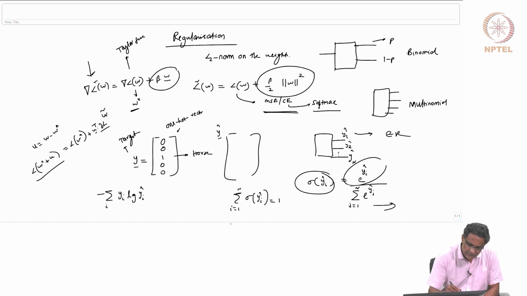So let's just write this as a gradient, gradient L, and then plus you will have a half, U transpose, and then H, which is the Hessian of L. This we have seen before. So this is the Hessian of L, and then you will have U, something like this is what you will have. And because you know that at omega star, this guy is 0,